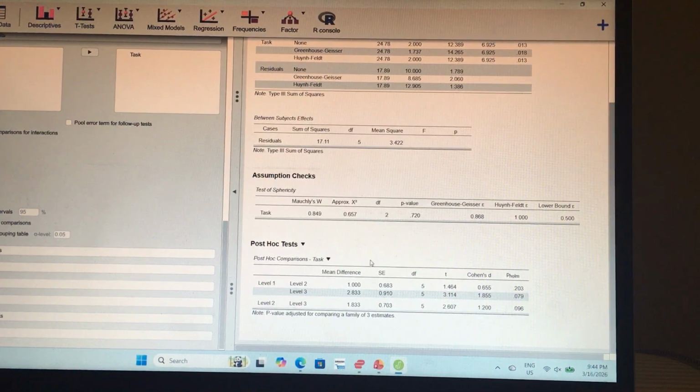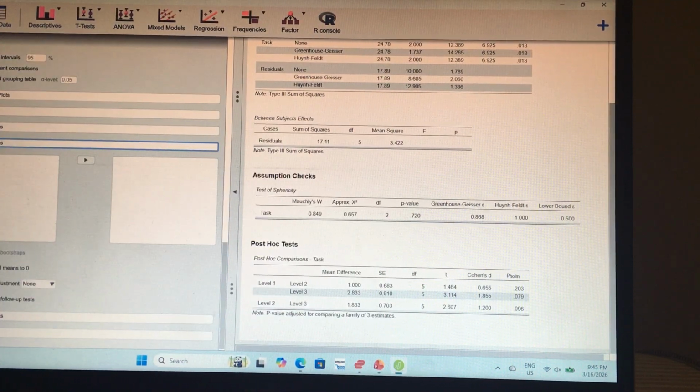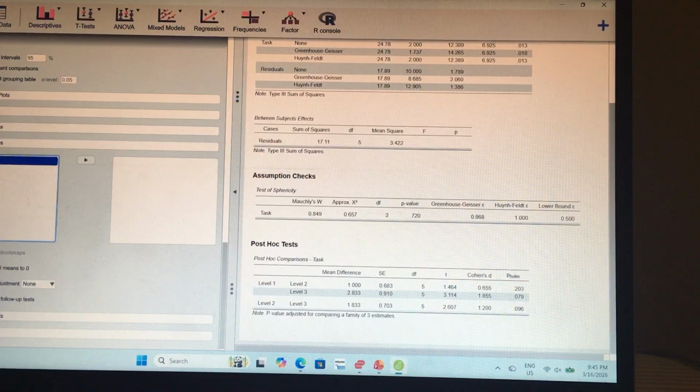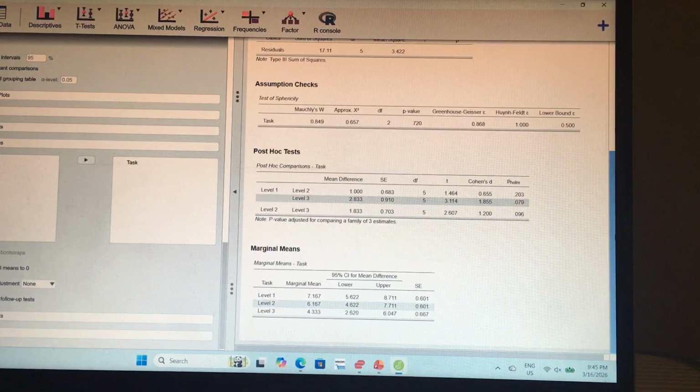So hold on, we're going to do the marginal means to get this other table. Let's check this one. So 13.14,